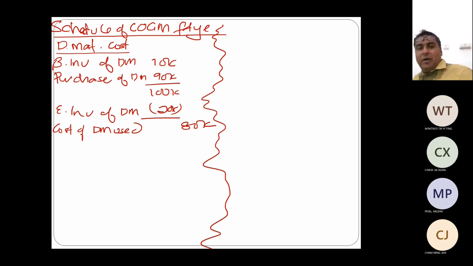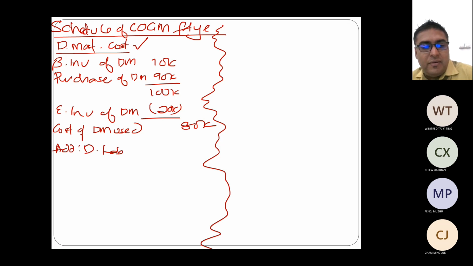Okay. How do you get this beginning inventory and purchases? This is something that we look at next week. We go into detailed inventory accounts. We look into detailed material accounts. All right. Next, I've done my direct material. Next, I'm going to add my